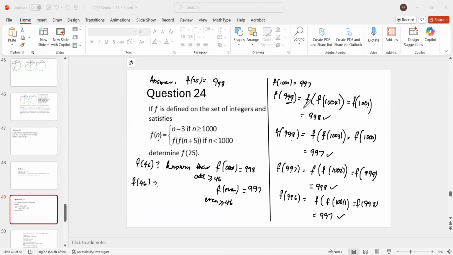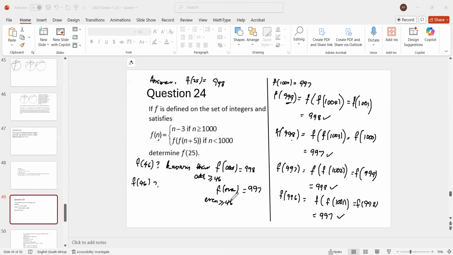In other words, I'm coming down, and I come right up to 46 now. Is it going to work? When I say working, I mean that the rule that f of odd is 998 and f of even is 997 comes all the way. And now we want to check whether f of 46 is actually